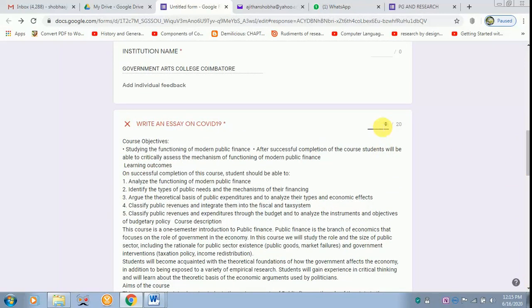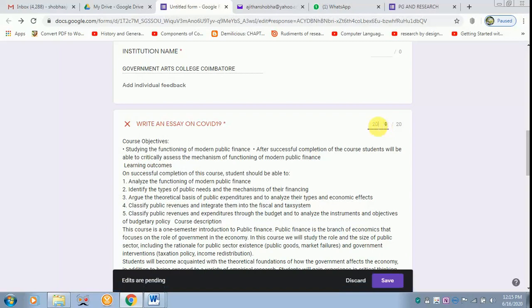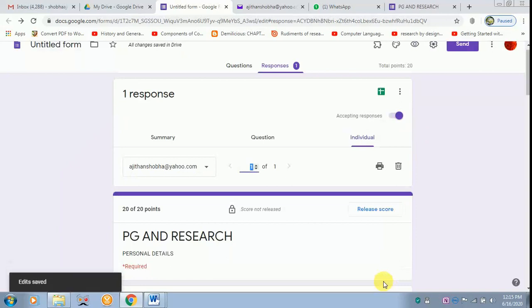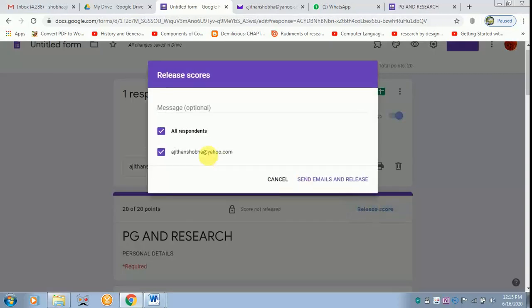So I am assigning a mark of, say, 20 marks, and then I have to click save. Now once that is done, you have to release the score. Now if there are many respondents, you can select all the respondents, but now we have got only one respondent, so we are just sending the email and we are releasing it.